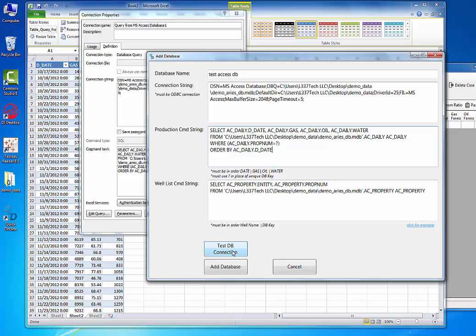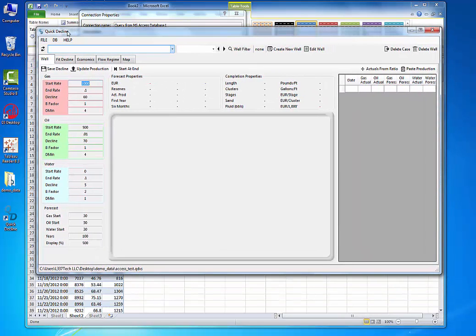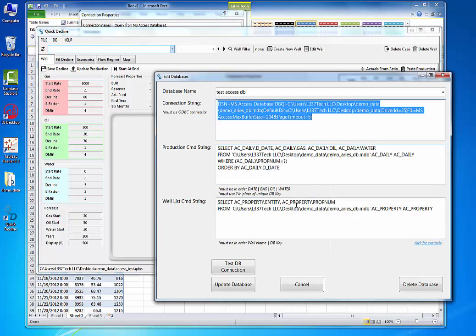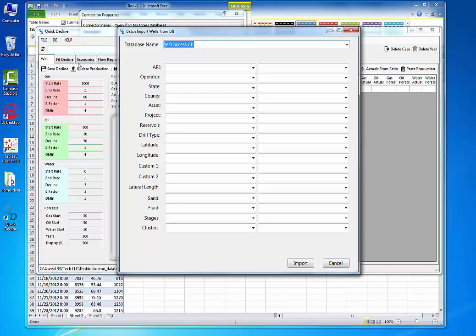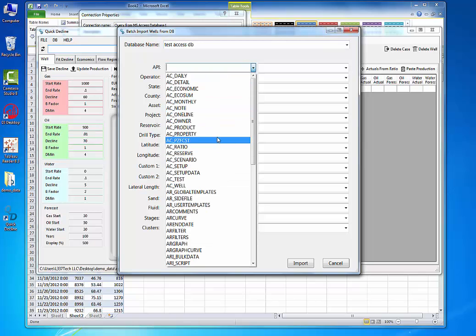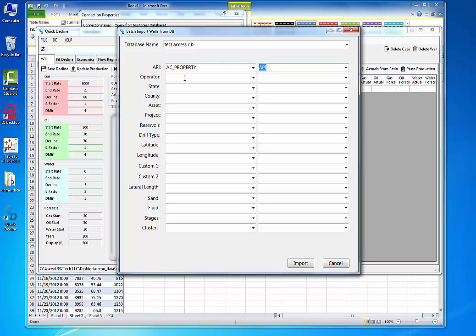I'm going to hit the test button. Looks like it worked. So I'm going to add this database. Once the database is added, you can go back and edit if you found some mistakes, or you can do a batch import. Here is where you can pick exactly what you want, like for instance API. I know that's in the property table and I know it's called API. And then you can map all the different things that you want to map for your particular database. And then you can import all the wells,